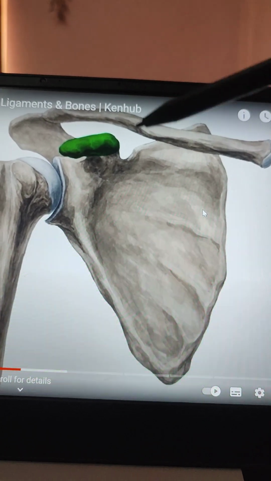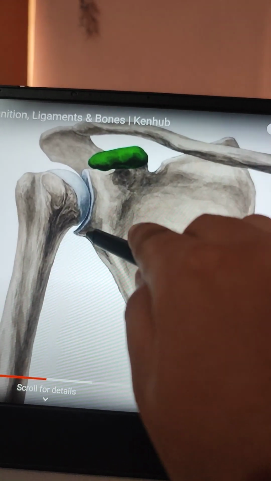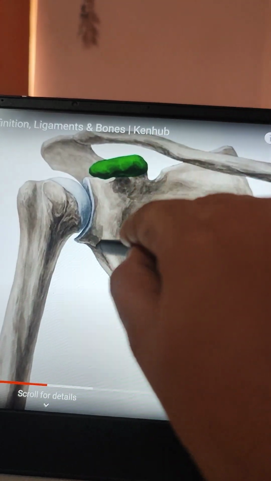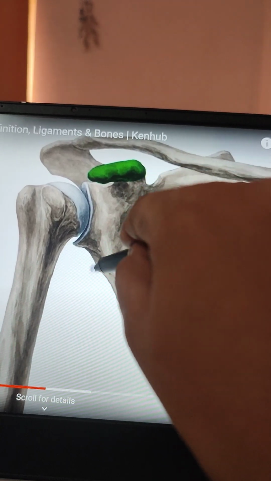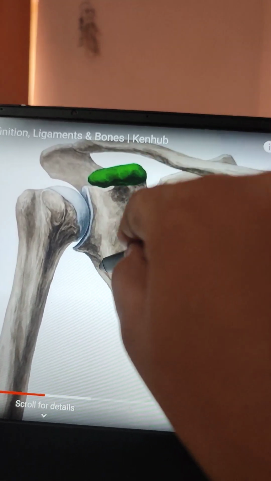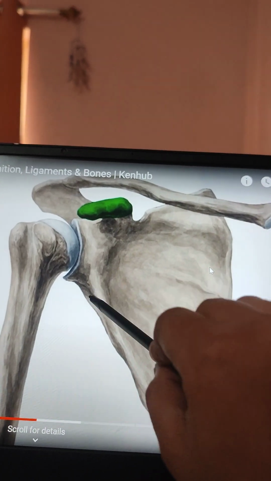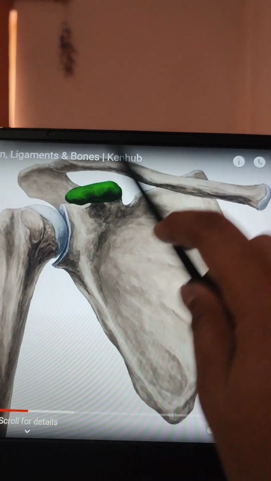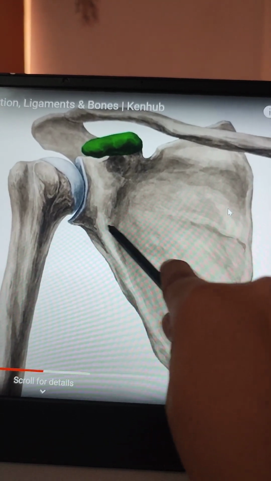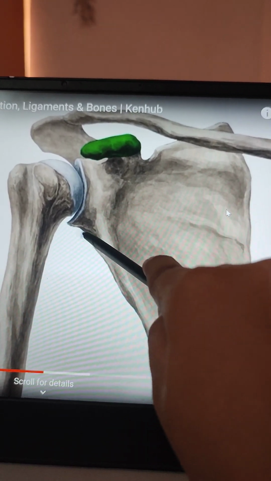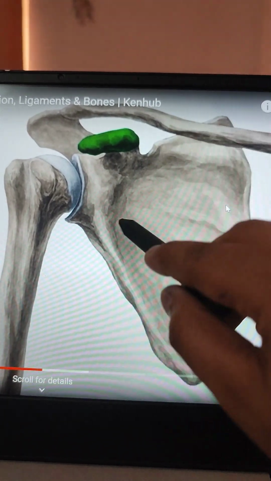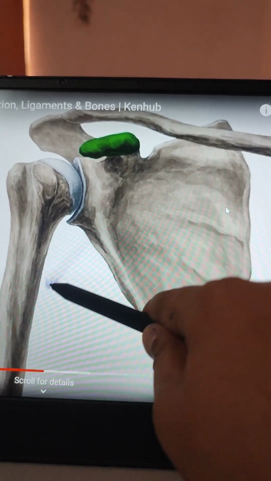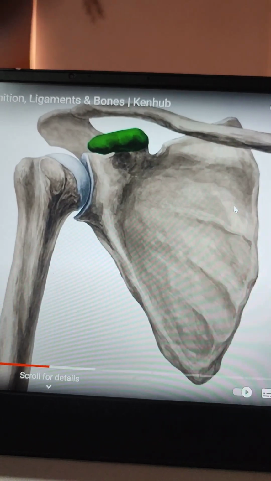After that, a small thing we have to remember: here there is the glenoid cavity, with the supraglenoid tubercle and the infraglenoid tubercle. On the infraglenoid tubercle, there is the origin of the triceps brachii muscle. The triceps brachii originates from this and is inserted like this. I will show you later on. So this is our origin of triceps brachii on the infraglenoid tubercle. The examiner may ask, what is the attachment of the infraglenoid tubercle? You have to tell that it is the origin of triceps brachii.